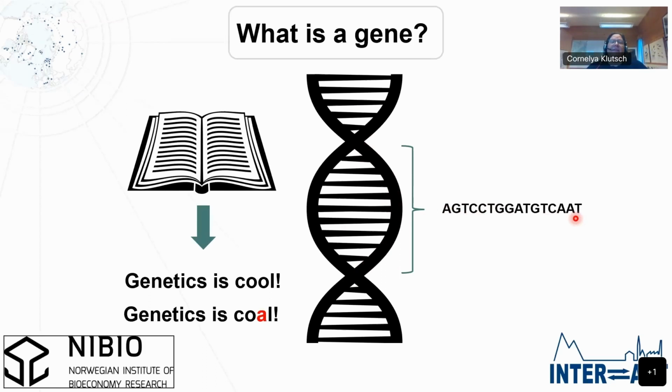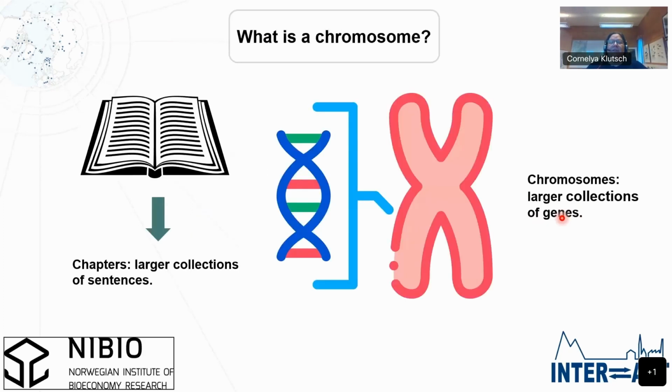It is important to realize that we sometimes have typos in a book, in a sentence, and we may change the meaning of the sentence. For example, genetics is coal. So we have one little typo here in the end, which means that the meaning of the sentence is changed, and it's probably quite nonsense what we are reading. Of course, genetics is coal doesn't make much sense. But we can have similar changes in the sequence of those 4 nucleotides, which we also call mutation. And this can lead to changes then also in phenotypes and how we look, or in certain functions of genes like protein synthesis. So I will talk about mutations in a bit more, but let's just go further into this